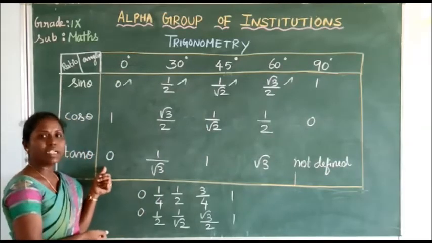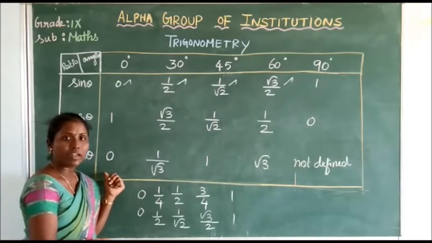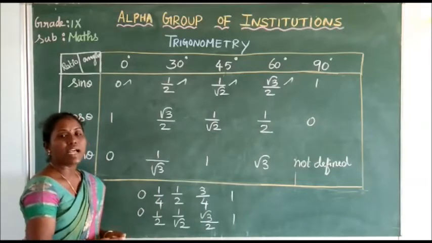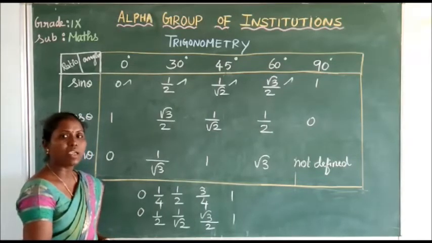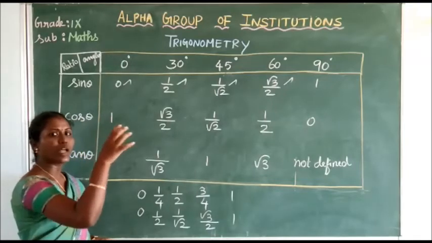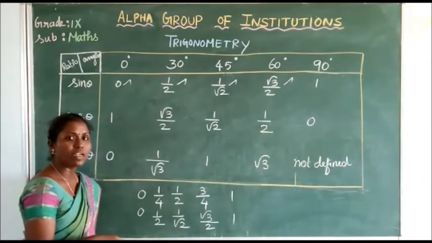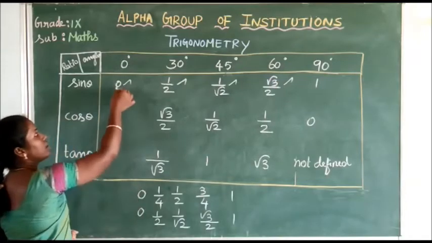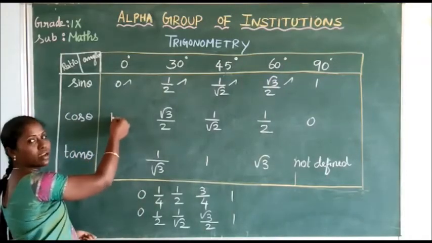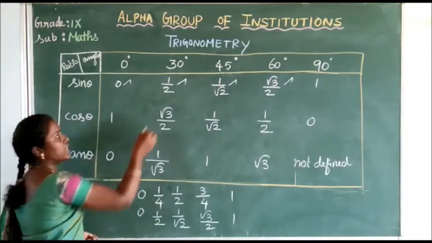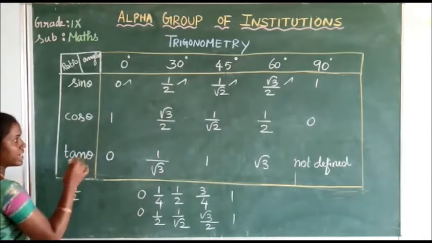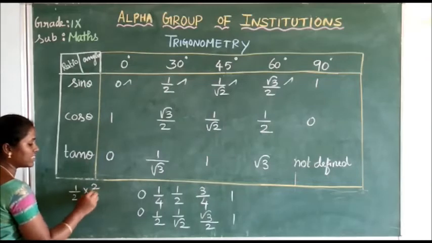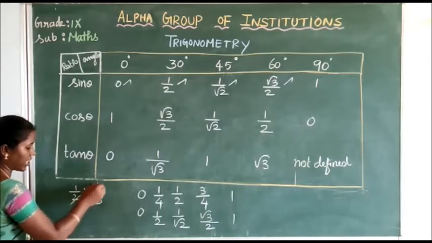Now how to find tan? What do you know about tan theta related to sine and cos? Tan theta is equal to sine theta by cos theta. Just divide the sine value by the cos value and you can obtain the tan theta value. See, 0 by 1 is 0. The next, 1 by 2 divided by root 3 by 2. Divided means you can take the reciprocal. If you cancel, you are getting